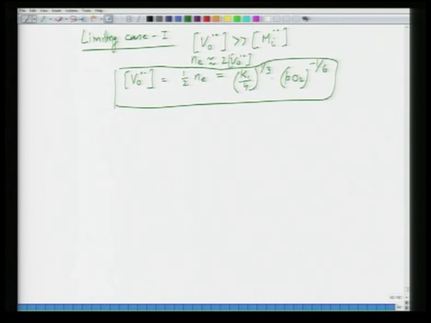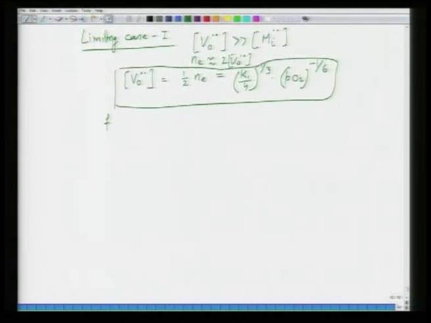Okay. Now, what will be the concentration of Mi? We are saying that VO is very large in number, but still what is the concentration of Mi? So, Mi concentration will still be given by reaction 2, but in that reaction now Ne is governed by concentration of VO. So, Ne is no longer a function of Mi. So, from reaction 2 we know from reaction 2's rate constant or reaction constant or equilibrium constant,